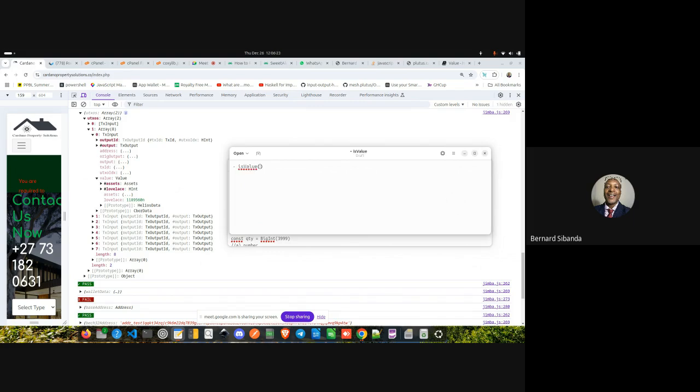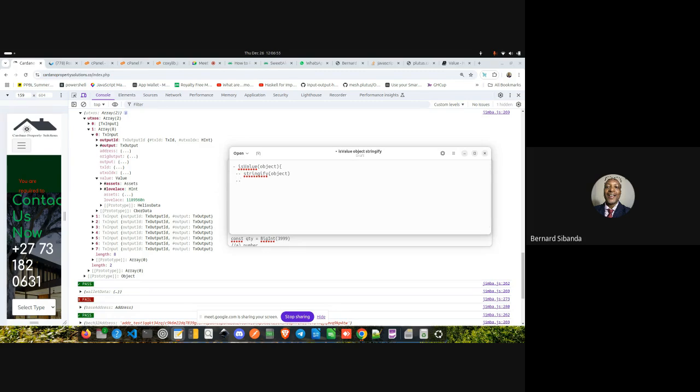Then what we are going to pass to it is an object. First thing, stringify the object so that we are able to read its members.